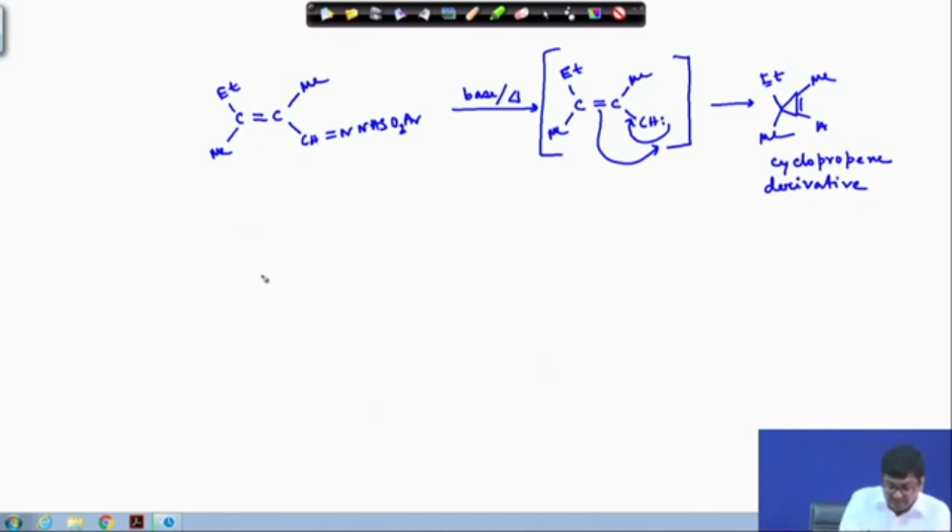As per example, if we take this substrate which has this cyclopropane ring, so an N-nitrosourea type of derivative if we take, and treat with some base,